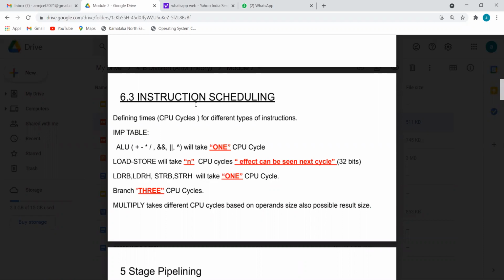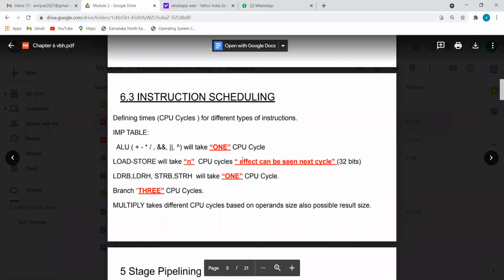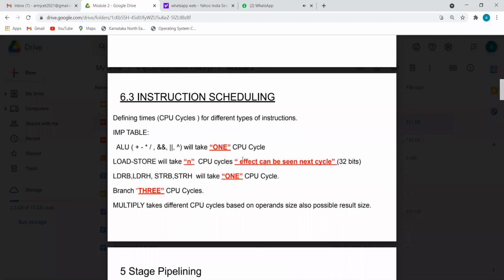So here we have some standard assumptions. Based upon these assumptions we have to take one or two examples. In my knowledge, in the examination they are not going to give us a very new or different program. They may refer to the textbook and give the same program or problem. This is also helpful for one subject in your 6th or 7th semester, advanced computer architecture. So do remember it.